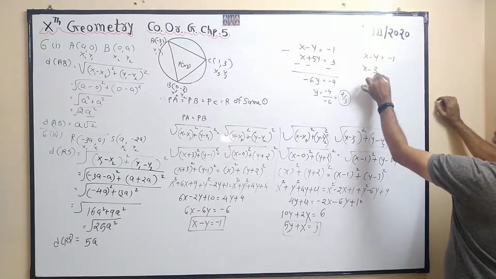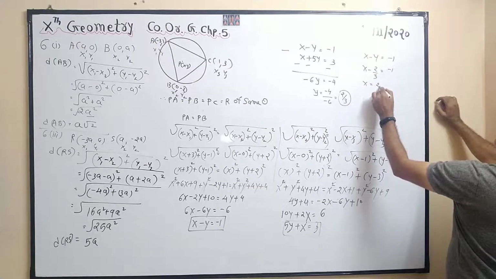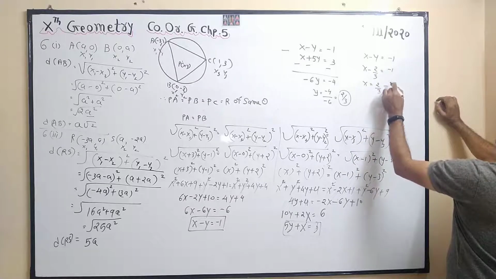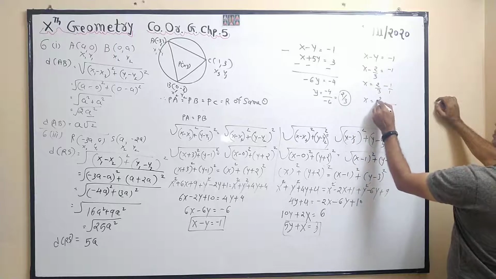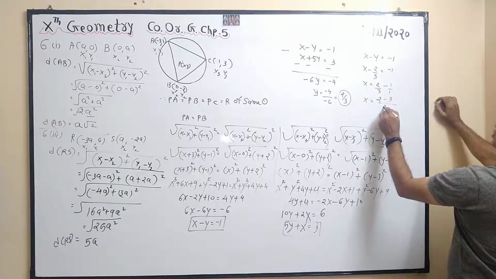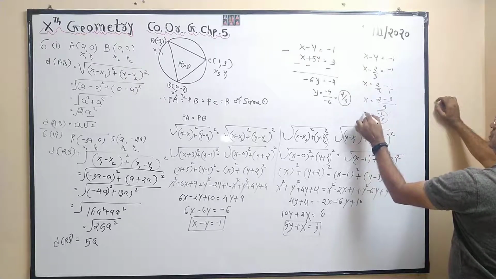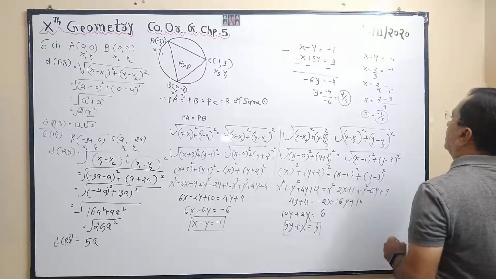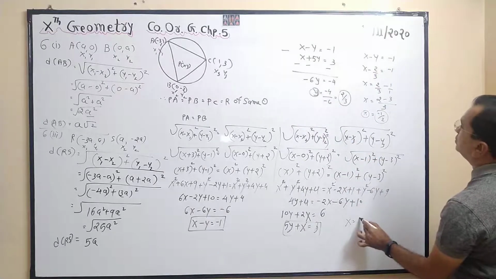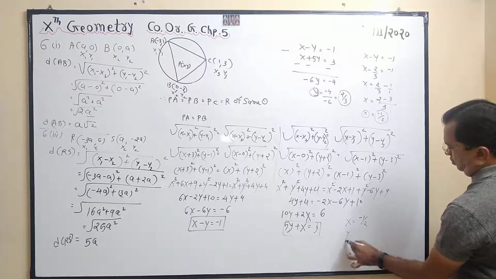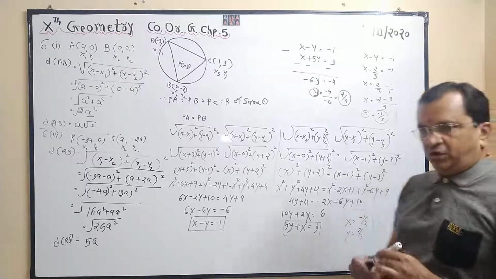Again substitute in x minus y. x minus 2 by 3 is equal to minus 1. x is equal to 2 by 3 minus 1. So x is equal to minus 1 by 3. Final answer: x is equal to minus 1 by 3, y is equal to 2 by 3. Okay, now